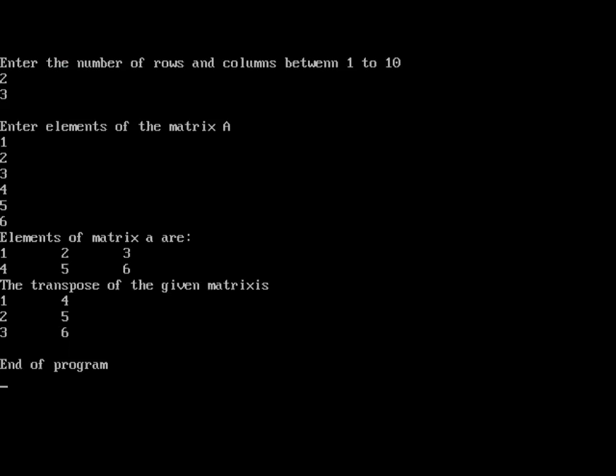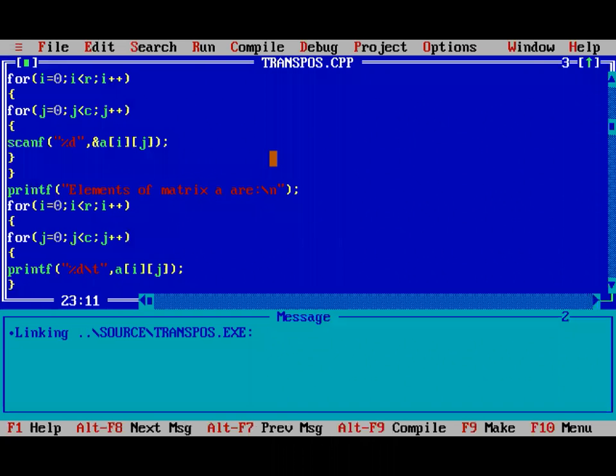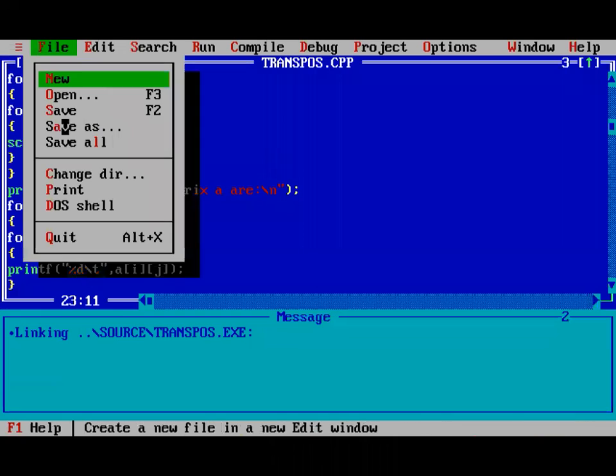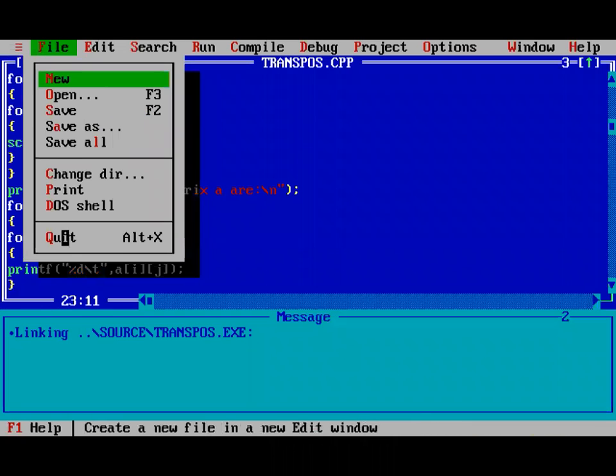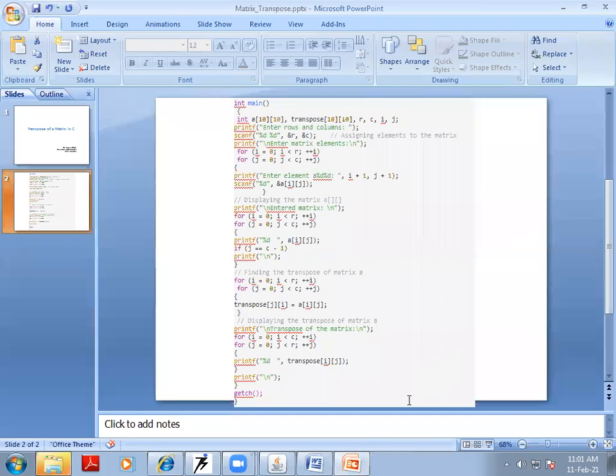I will share this program with you so that you can practice it and make some changes here. You can try to build different matrices using this dynamic set of things, like you can enter the number of columns, the number of rows, then you can enter the elements. The rest of the things will be done by the program itself. So with this, I will be closing this part, and we'll meet again in another class.